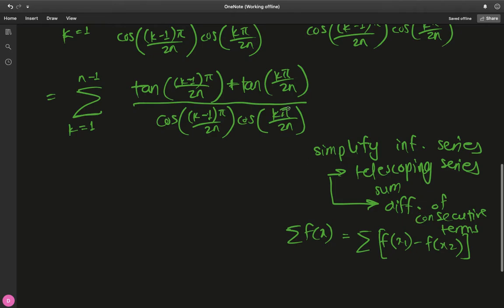in order to convert our infinite sum into a telescoping infinite sum. But to introduce this difference, this negative sign, is tricky once we have a sum of tangents in the numerator, right? We have a sum of tangents, we can't just throw away the positive sign and make it a negative sign. But given that we have a sum of tangents, how can we introduce a negative? For this, I beg you to look at the difference of squares identity. A squared minus b squared can be expressed as a plus b times a minus b. So what I'm saying here is,